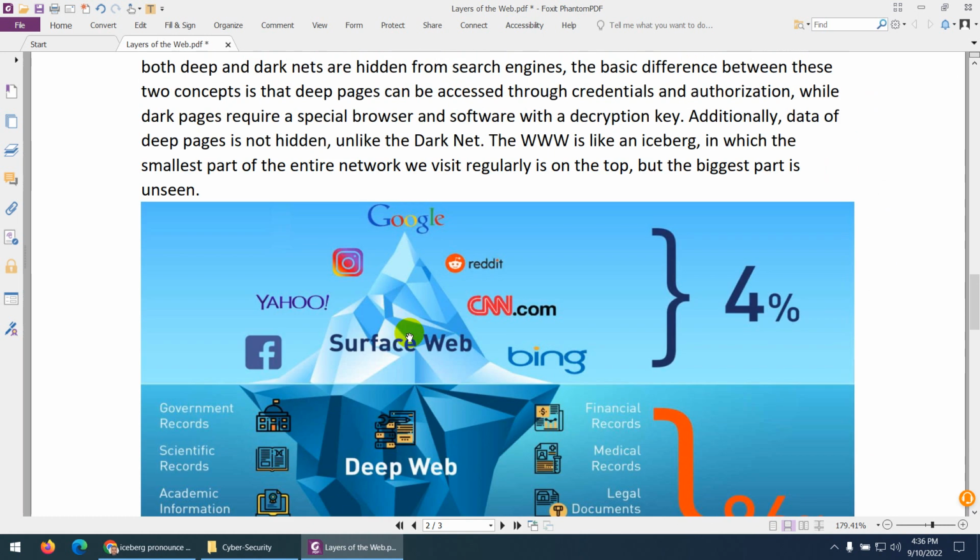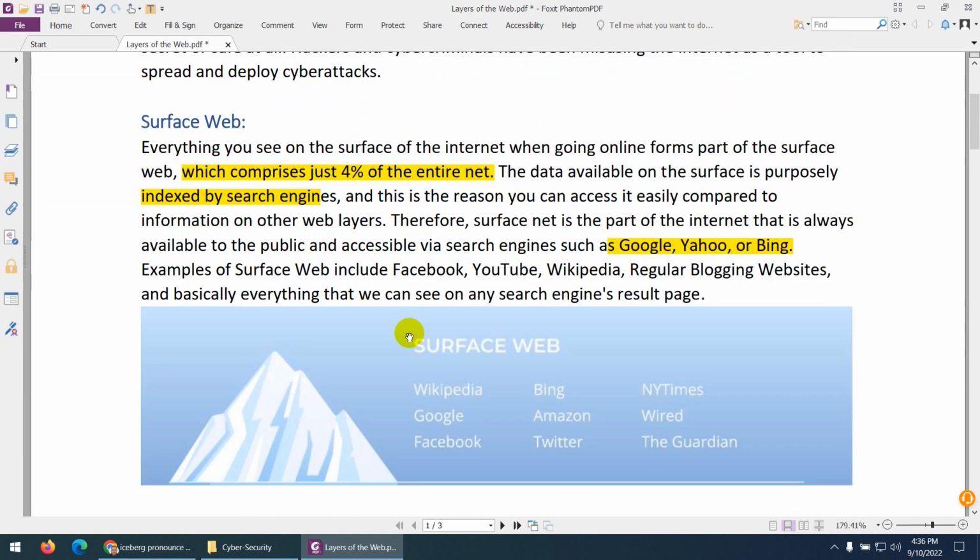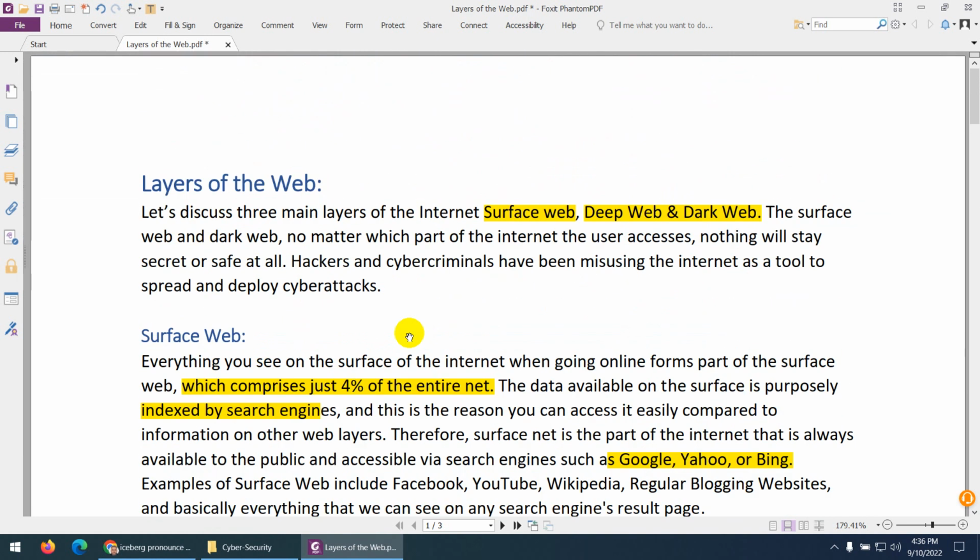I hope you get the idea, because this is very important for your cyber security, how things are working and how these hackers, mafia, drug dealers, and cyber attackers exchange information, which methods they are using, and what the internet is and which things are there. All these things you need to know so that you can protect your network, which is connected to the internet. I hope you understand the three different layers of the internet.